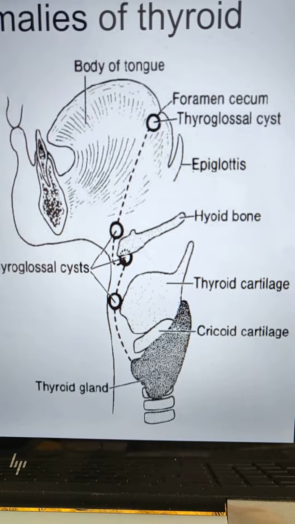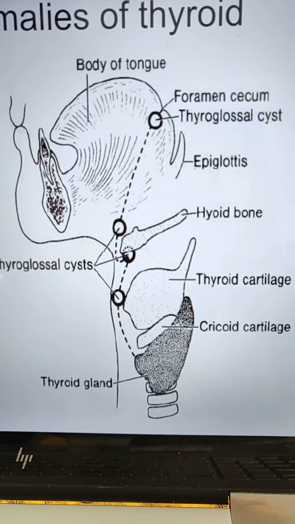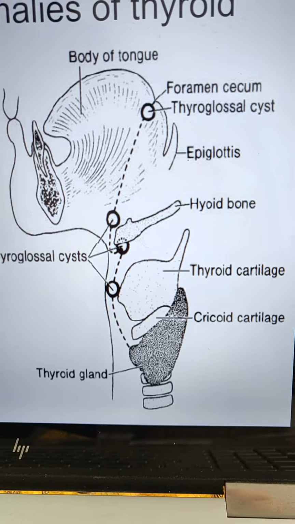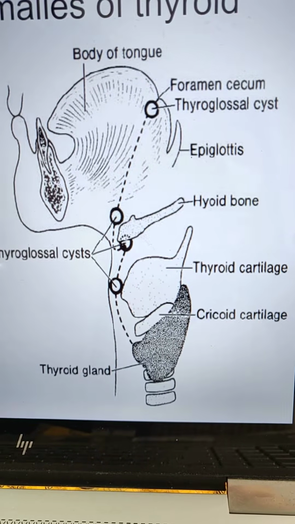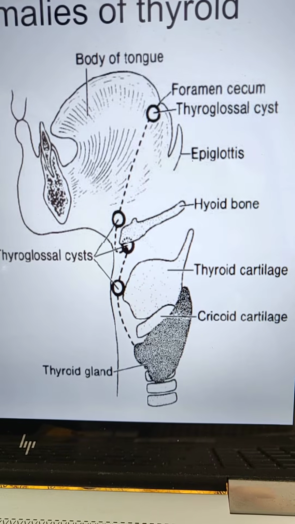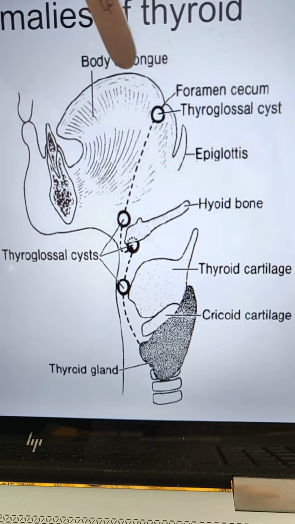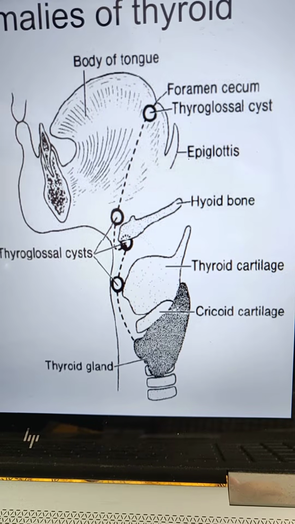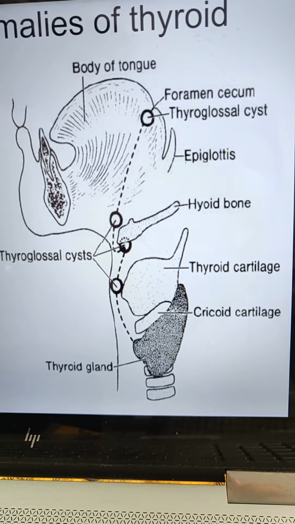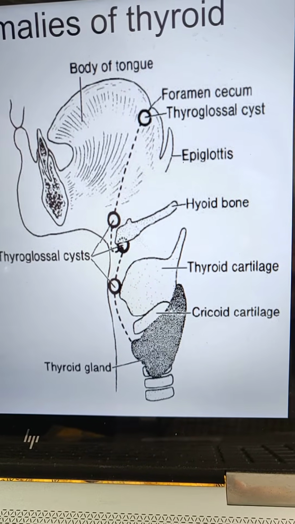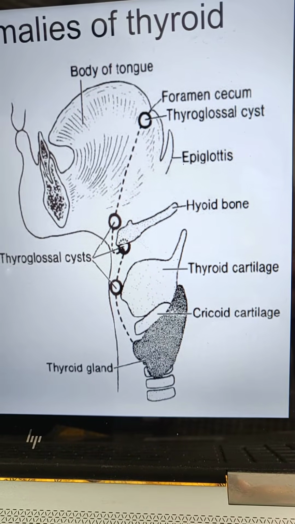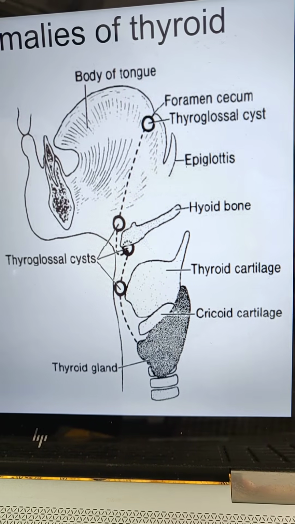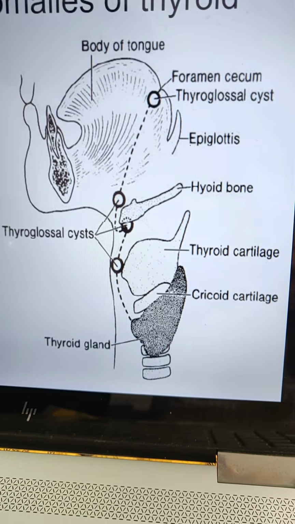Thyroglossal cyst or fistula is due to persistence of a fragment of the thyroglossal duct. Sometimes the thyroid gland is retained inside the tongue, which is called the lingual thyroid. Sometimes the thyroid gland deviates from the normal course, and it is called ectopic. It may lie in the posterior triangle or in the retrosternal region, and sometimes there is an accessory thyroid gland. So thank you very much.